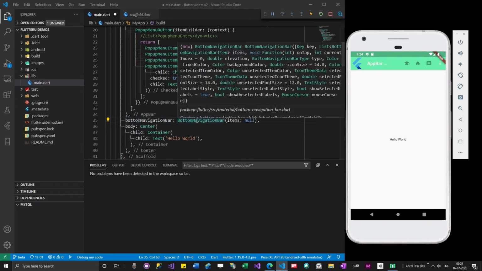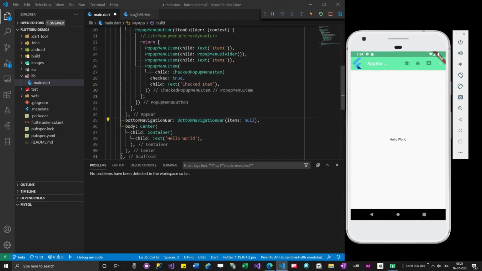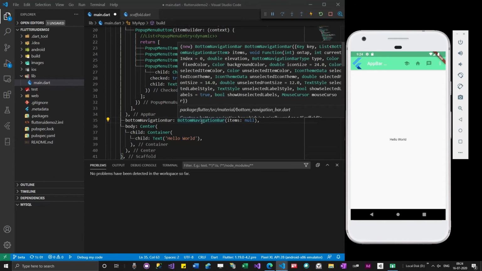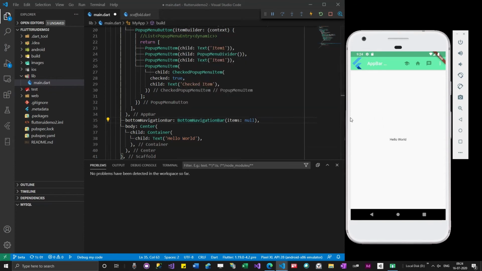If you are using bottom navigation bar, you are limited to the features that bottom navigation bar has to offer. If you want to go a custom way, you actually want to go another way, like adding a container, adding a card, blah blah blah. In many apps, bottom navigation bar is enough. If you are going for advanced apps, you actually have to do it a custom way.